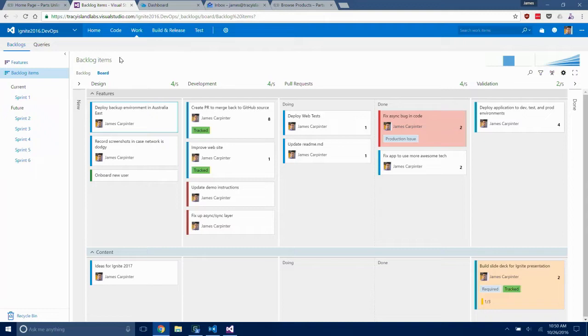So the first one is that we can create our own columns here. Here I've split basically committed into development and pull requests and validation, so I can actually see where these work items are in the sprint. Interestingly, you can also further split this into doing and done. So when things are in pull request waiting for feedback, we can have those in doing and then move them into done once the feedback has been provided